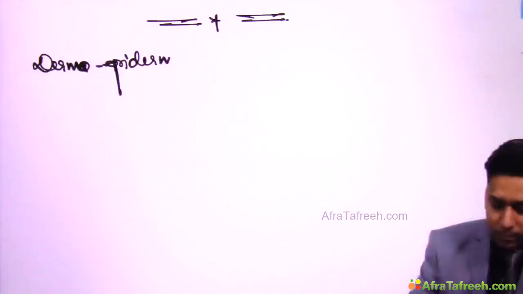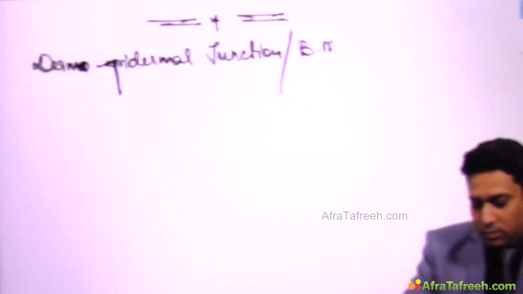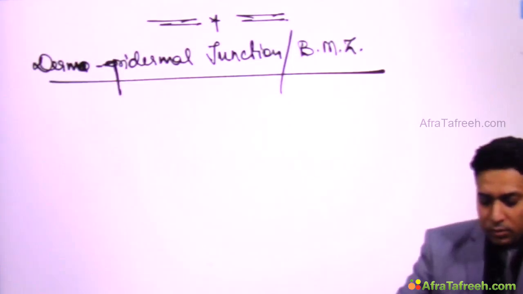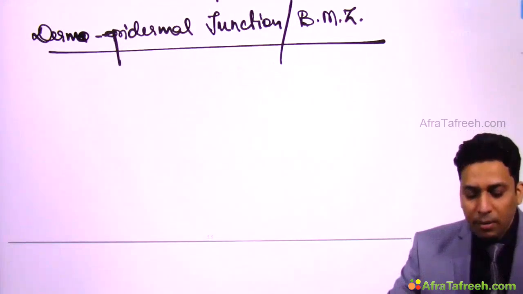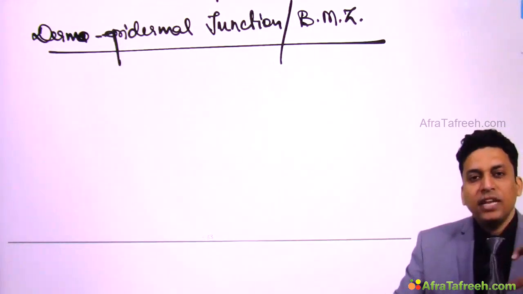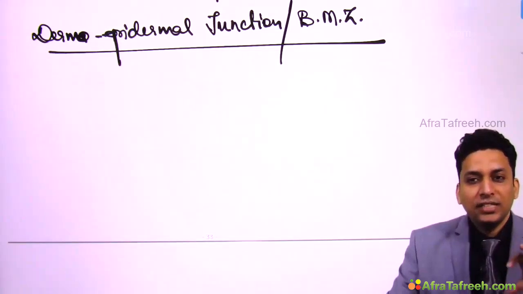Dermoepidermal junction, also known as basement membrane zone. So next is dermoepidermal junction, also known as basement membrane zone. Now it is very obvious from the name itself, this is dermoepidermal junction, that is, it is the junction in